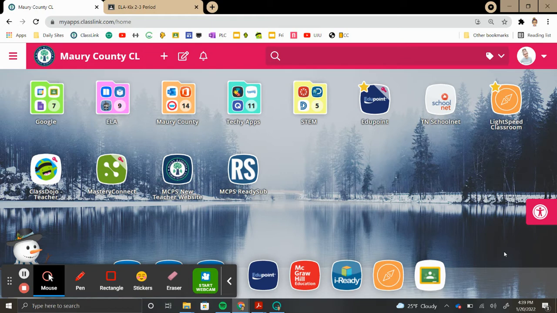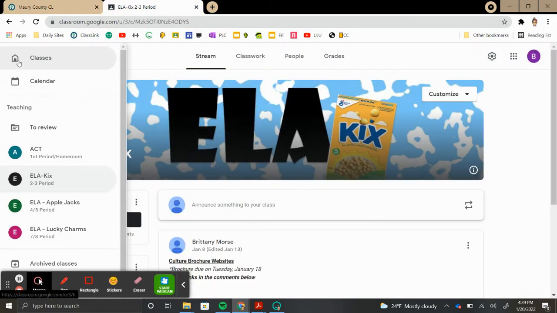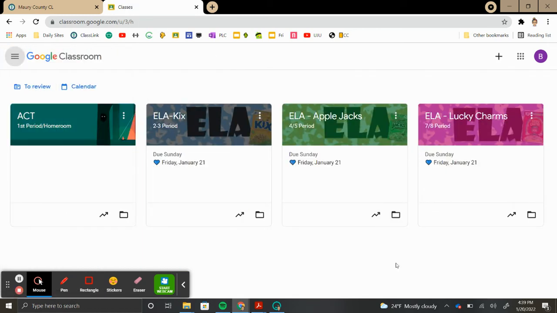The first one is Google Classroom, and they can access that in their class link. And so once they click that, they will be able to see all their classes. And so this is my spread of classes since I'm the teacher. So I have all of my ELA classes. The good thing about this is Mr. Kennard and Ms. Deschamps has asked that all students, if they can, they need to join the Google Meet for the class at that class time.